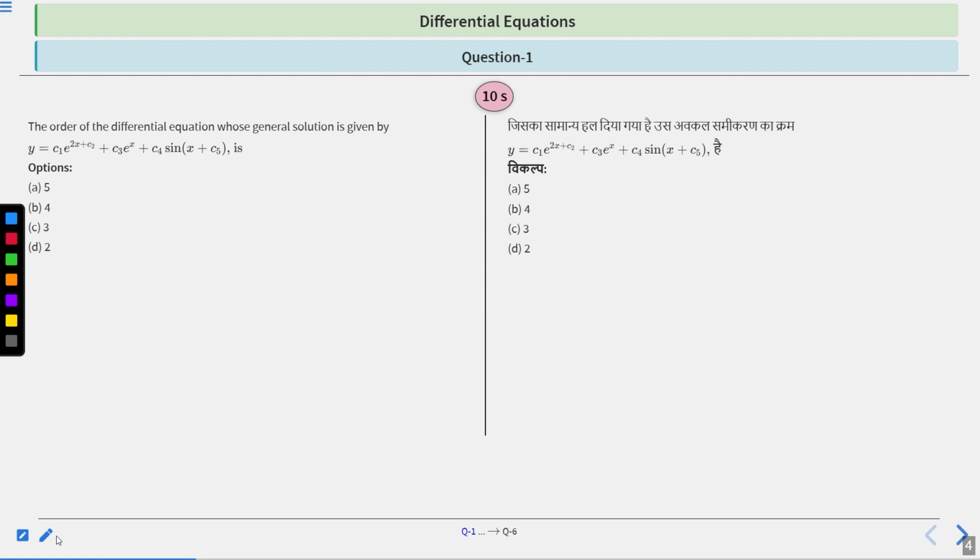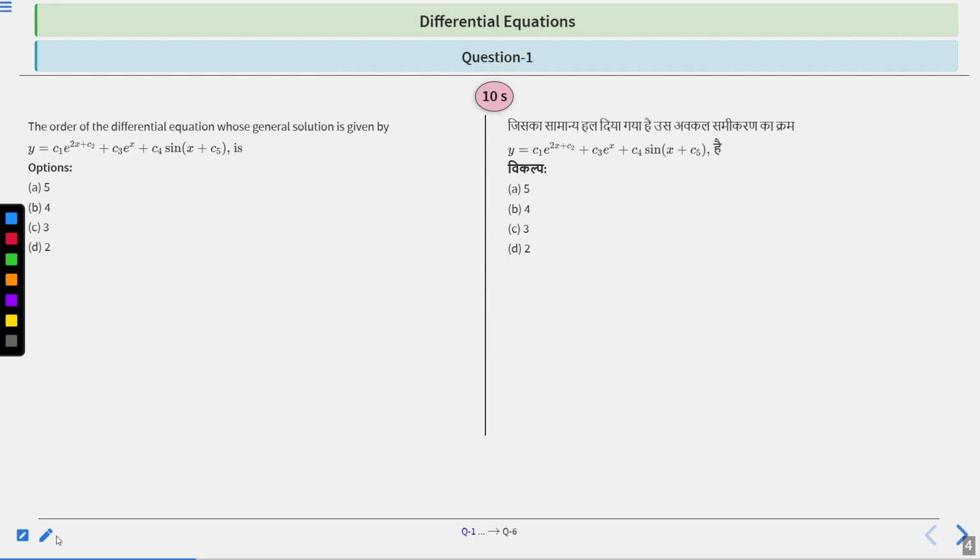The hint of this question is that the order of the differential equation is basically the number of arbitrary constants. The constants should be arbitrary, right? Suppose we have a constant c. c can be written as c1 plus c2 plus c3. Then that c1 plus c2 plus c3 will not be considered as three constants. That will be considered as only one arbitrary constant, right? So in this way, you can try to approach this question and find the order of the given